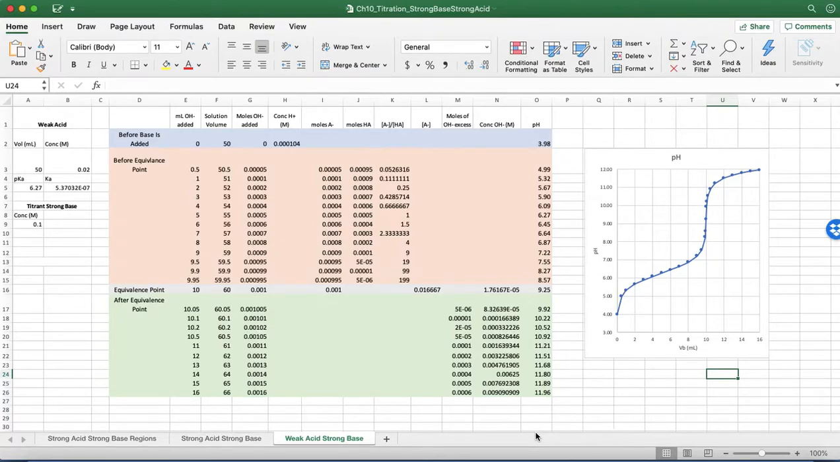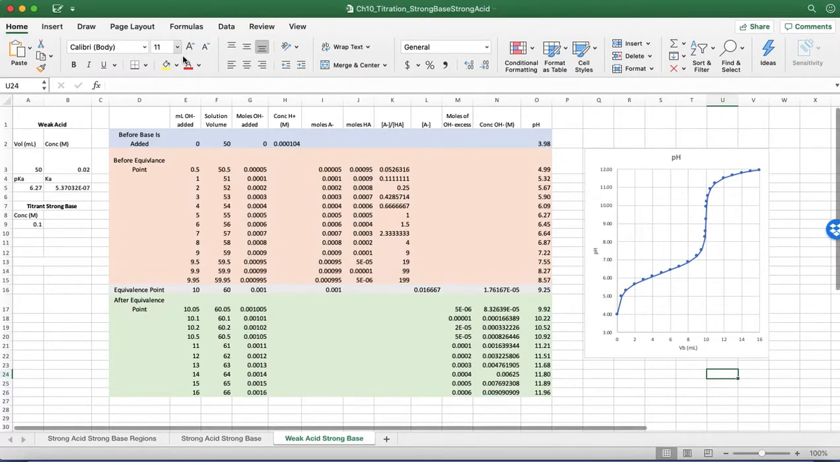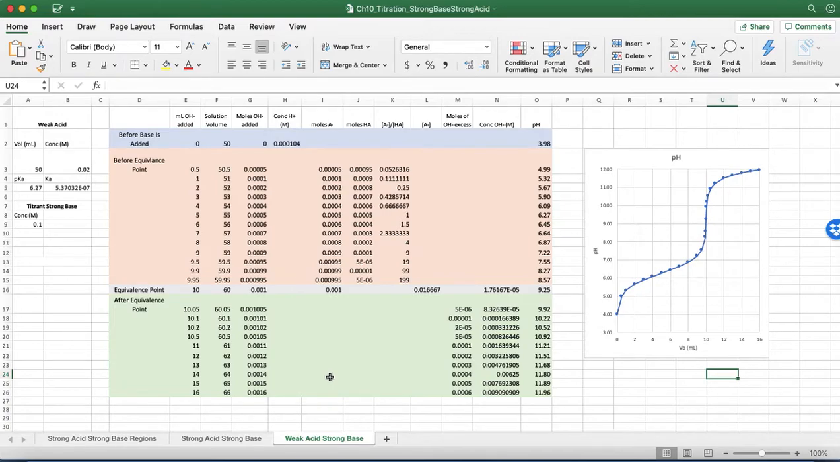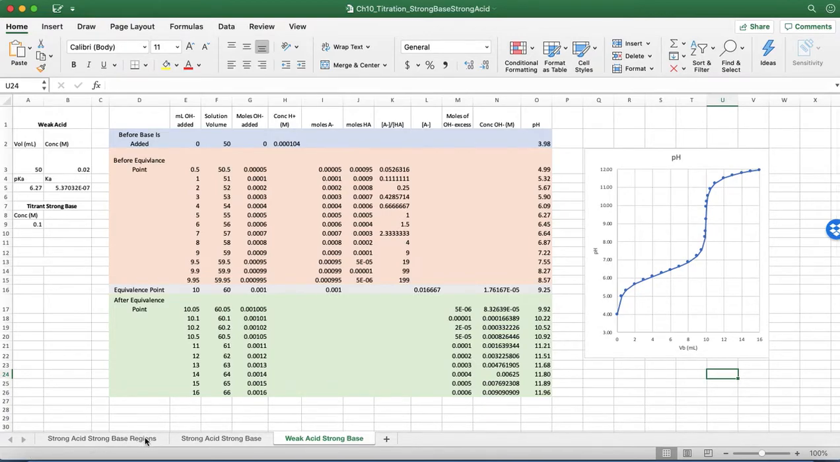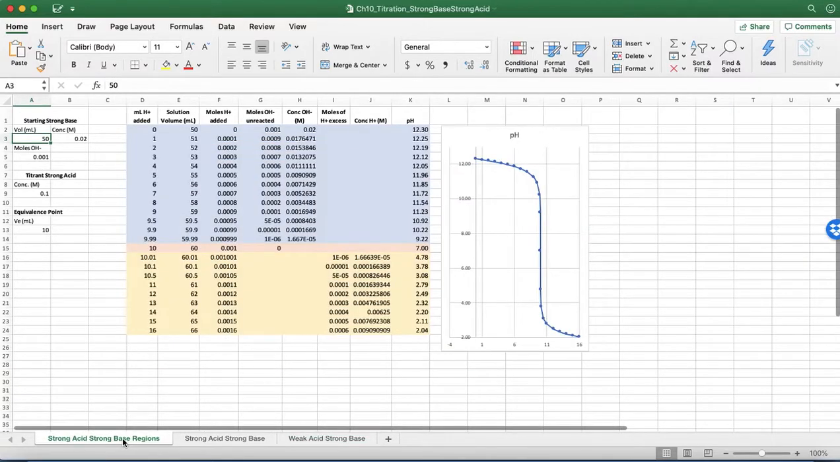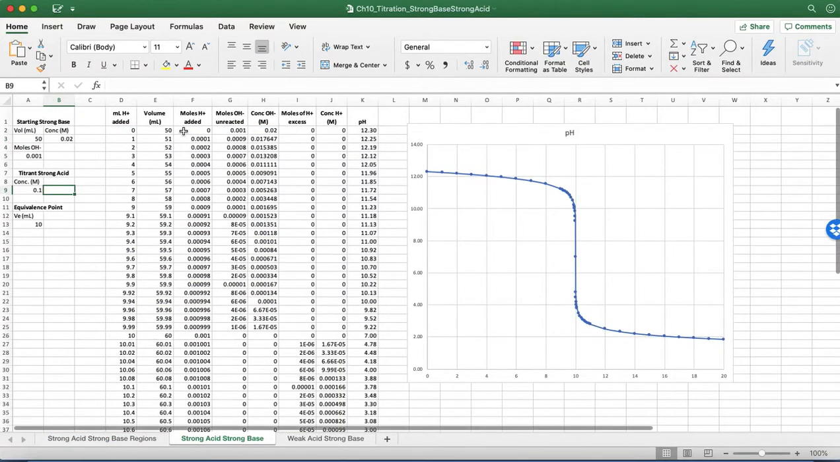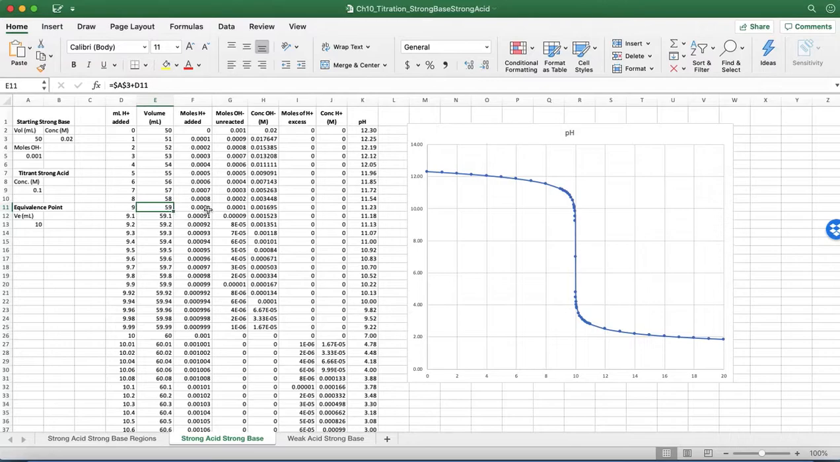Here in Excel once again. And I think this will be our last time for a while. So let's see what we've done. If you recall, we did a strong acid, strong base, looking at the separate regions. We did a strong acid, strong base using just one set of formula for the entire thing. It looks like I did some extra points there, but if you remember, we had the if statements,